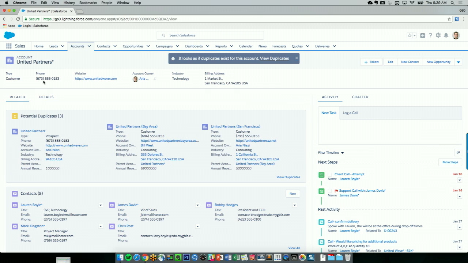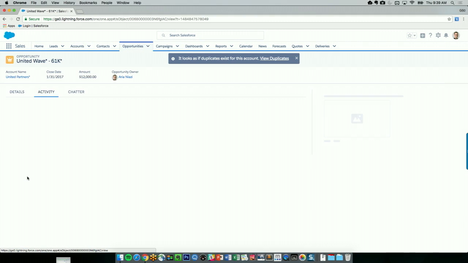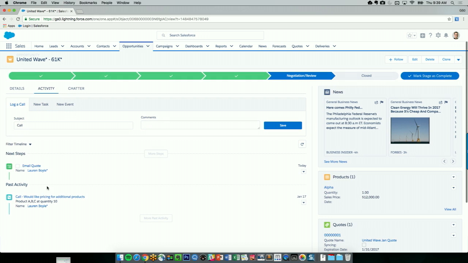Now that I've cleaned up my duplicates, I've looked at my hierarchy, let's look at an opportunity that we want to work with. So here we have an opportunity that we're working with United Partners. As I scroll down, I can see one of my last calls with this customer, they ask for additional pricing on products. So let's go to our products related list. And now when I want to add a product,